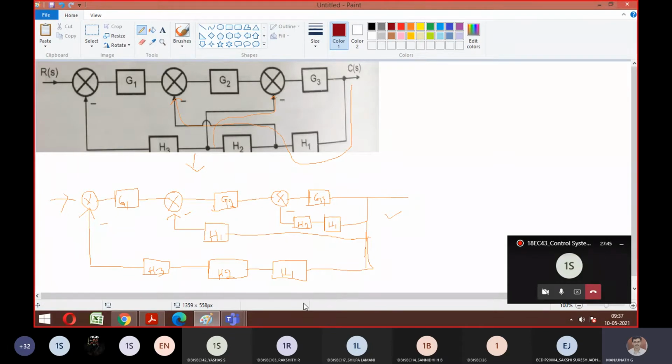So what are the possibilities now? Can you tell me? How do this H3, H2, H1 look? Cascade. So these three become one block with H1, H2, H3. Agree now? Yes, sir. Similarly, what happened to this now? Look here. So what is going to happen for this? Elimination.